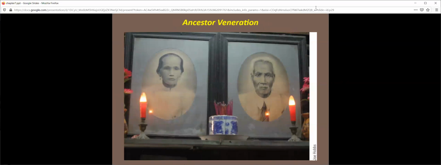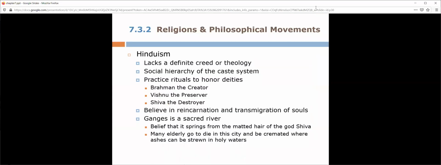Ancestor veneration is sort of a take on animism, a very ancient religion. I'm not going to try to detail what's going on with this. If you want to know a super brief version, go watch Mulan and you get 0.01% of the concept. But we could talk more about things such as Hinduism. Hinduism is, of course, the faith that you associate most with India, right? Brahma, Vishnu, Shiva,